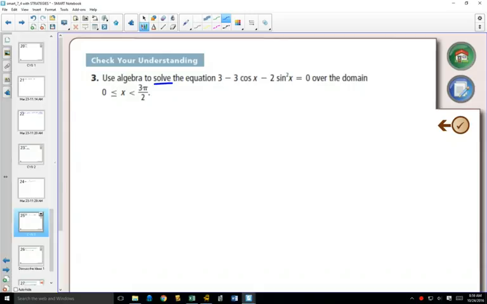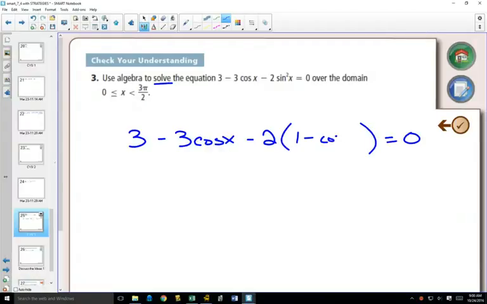And once again, we say to ourselves, is there a way that we could write this as a single trig function? Could we change something so that this is all with cos or all with sine? And the answer is yes, because we can change sine squared to 1 minus cos squared. If we distribute that,